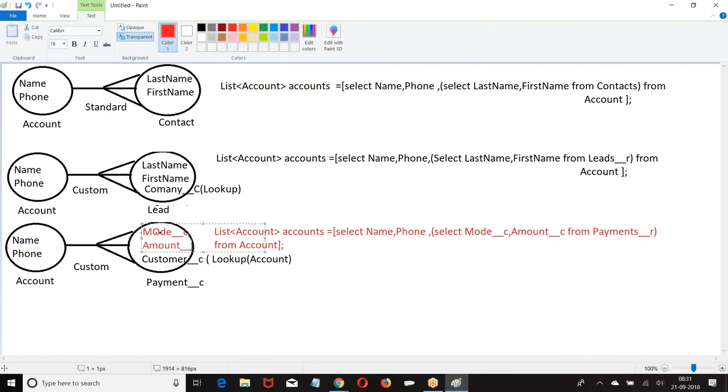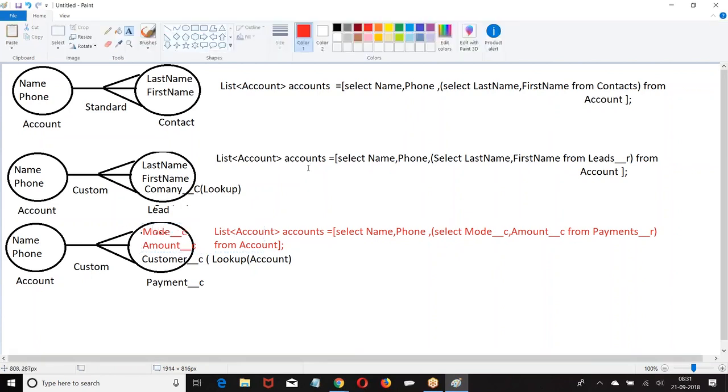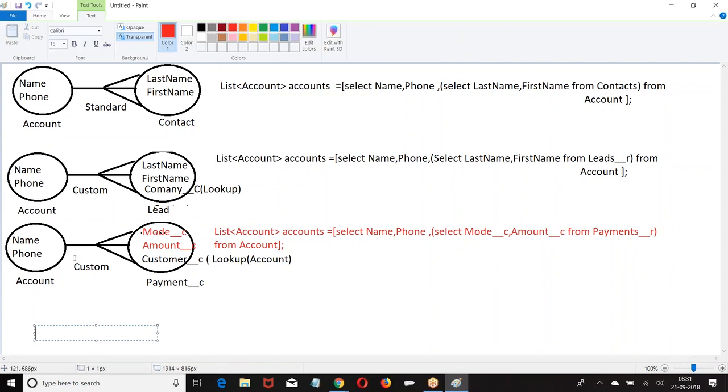If the field is a standard field, the name stays standard. If it is a custom field, it gets underscore C. I cannot put all of them here, but if it is custom, it is understood that underscore C will come.